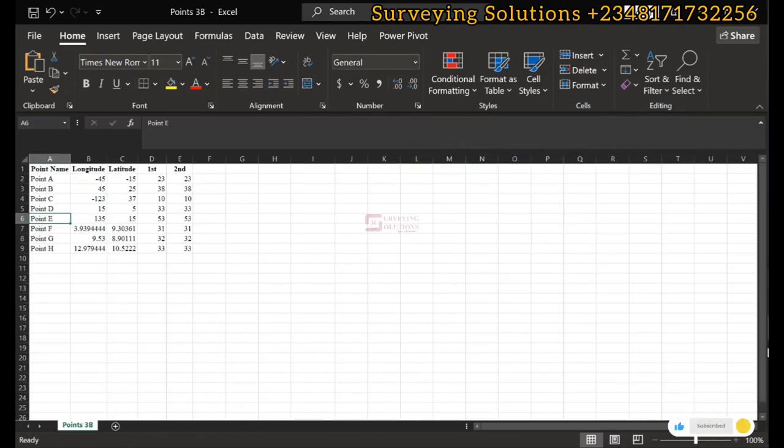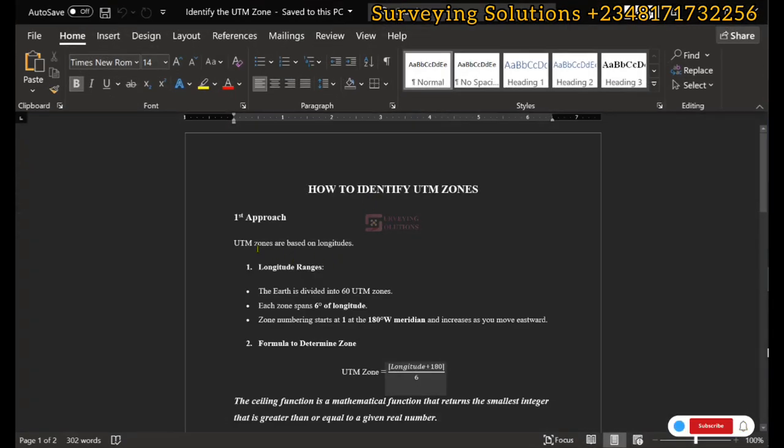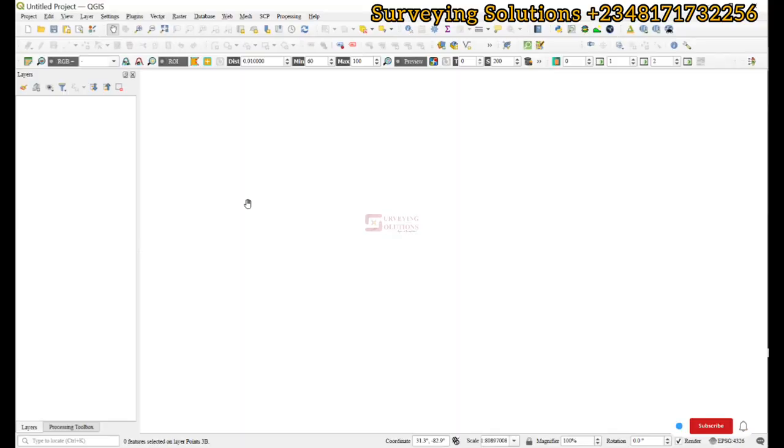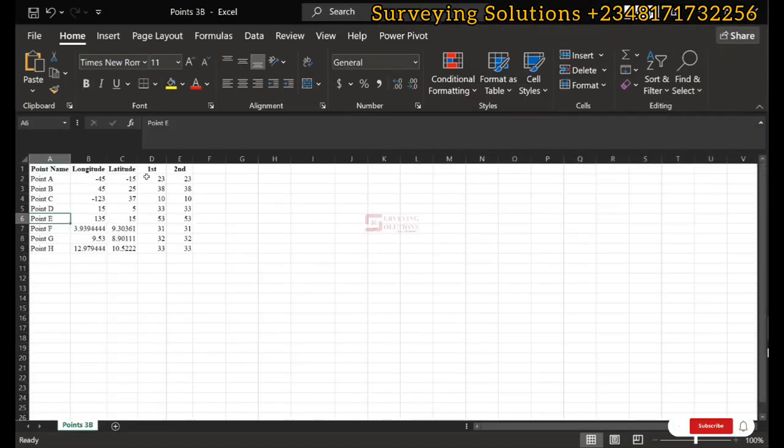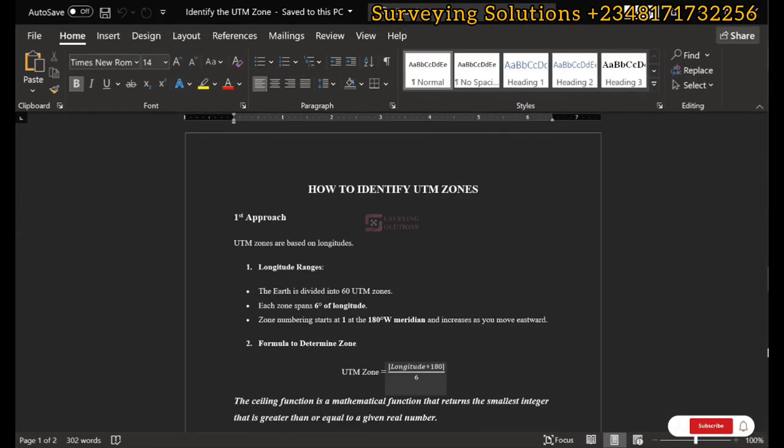Good. So the first thing to note is that the UTM zones are based on longitude. Having determined that, we are still going to validate our points using QGIS. There is a file that we are going to load that will help us identify whatever zone we are in, so we can compare the calculation we have done here with what that value in the file would return,